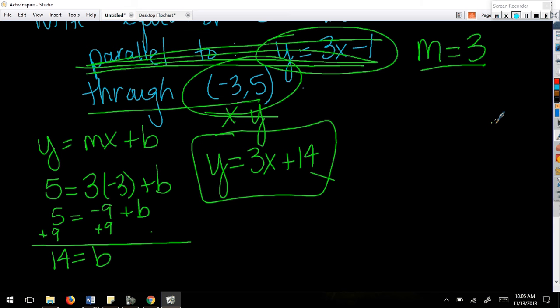If I'm given a point and a slope, I use point slope form. If I'm given a slope and an intercept, I use slope intercept form. I look at what I'm given to determine what form I'm going to use. So if you use point slope, because you have a point and a slope,